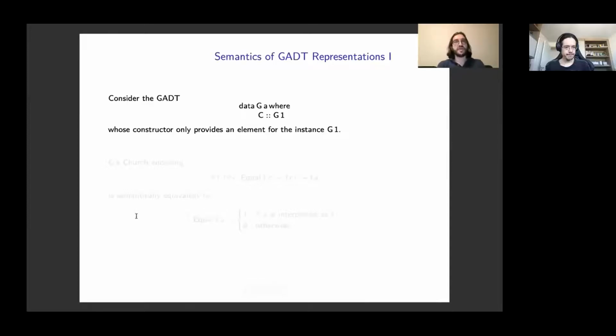We now show with a counterexample that the fixed point representation and the Church encoding of GADTs are not semantically equivalent. Let's consider a GADT whose only constructor provides an element when the GADT's type parameter is instantiated as 1.